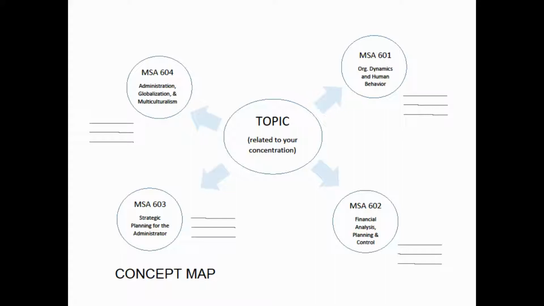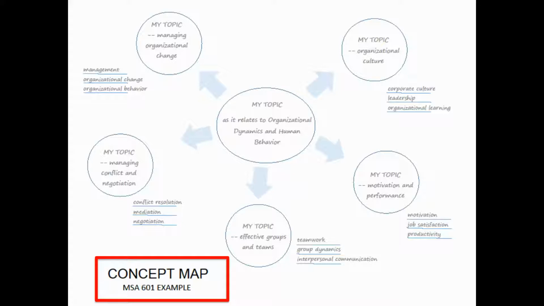You would take your main topic, as it shows in the middle, related to your concentration, and then you would combine your main topics, such as human resource management, with the topics that were covered in 604, 601, 603, 602. For example, again, this is MSA 601. Let's say that your main topic was human resource management. The other topics surrounding it are topics that were covered in MSA 601. So you would take those topics, or one or two of those topics that were covered in MSA 601, and combine them with your main topic,